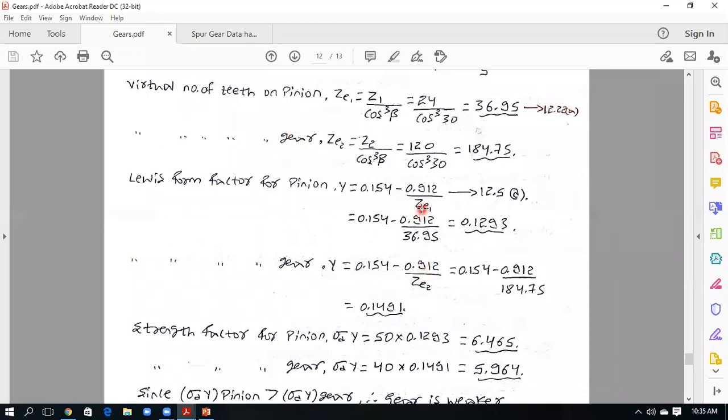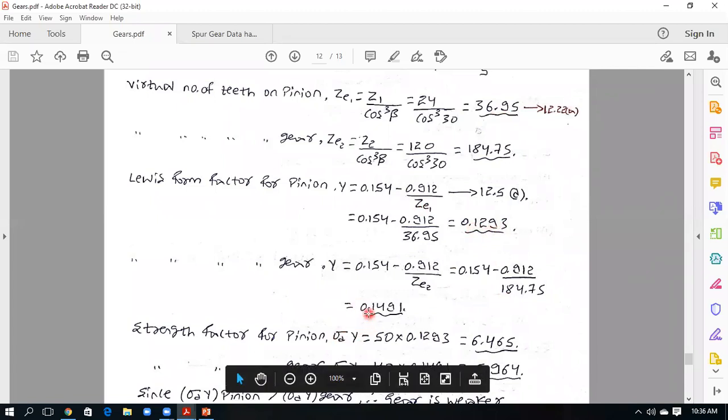That's why I have written Z'1, Z'2. Substitute both the values, you will get the Lewis form factor for pinion as 0.1293, whereas for gear you will get it as